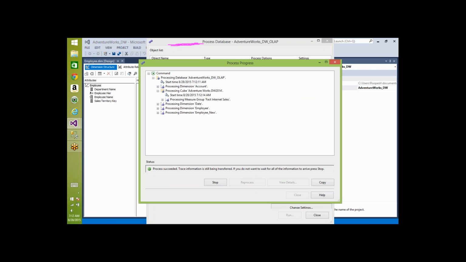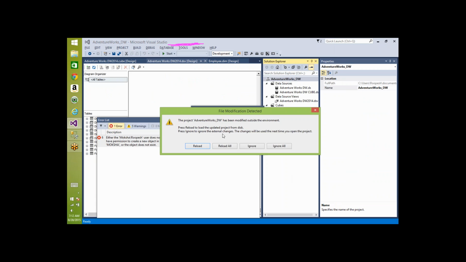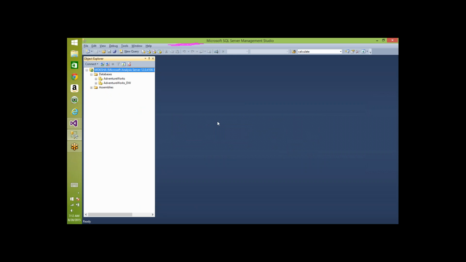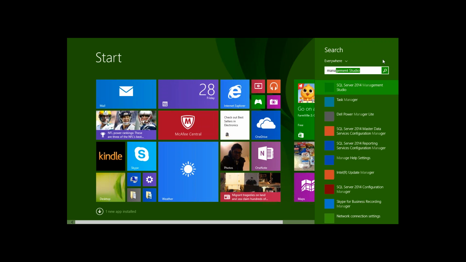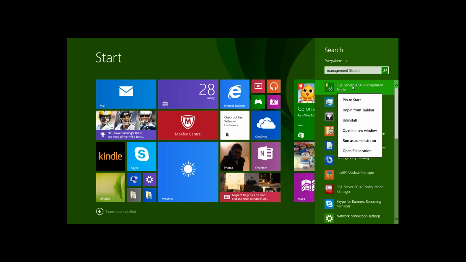So the thing here is you need to be administrator to deploy a database to the analysis server. Okay, and you can see, oops, it is not showing any database. The reason is I logged into the SSMS with my ID, and my ID does not have access to any of the database because I am not the administrator. Again, the same technique. I need to go to management tools, and remember, this will not work in production